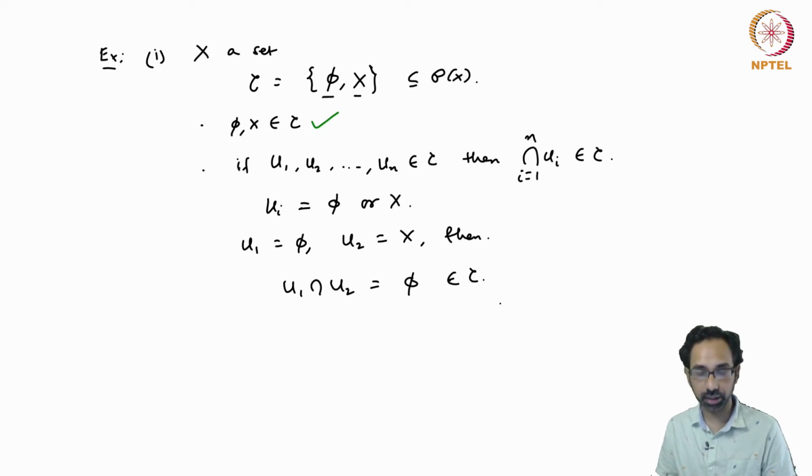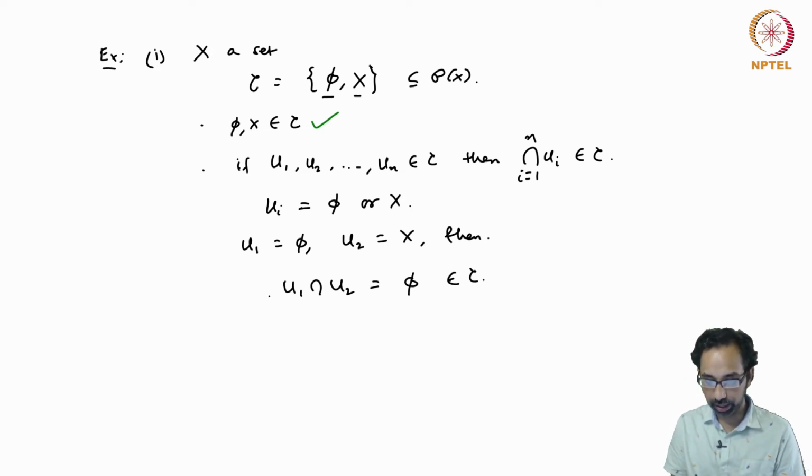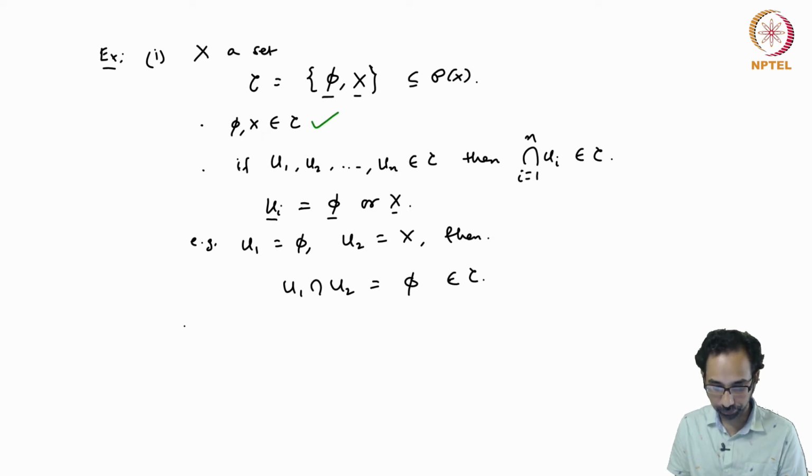Because the empty set is included and the intersection of the empty set with any set is empty. Similarly, since ui can be either phi or X, we have something of this form where either all sets are